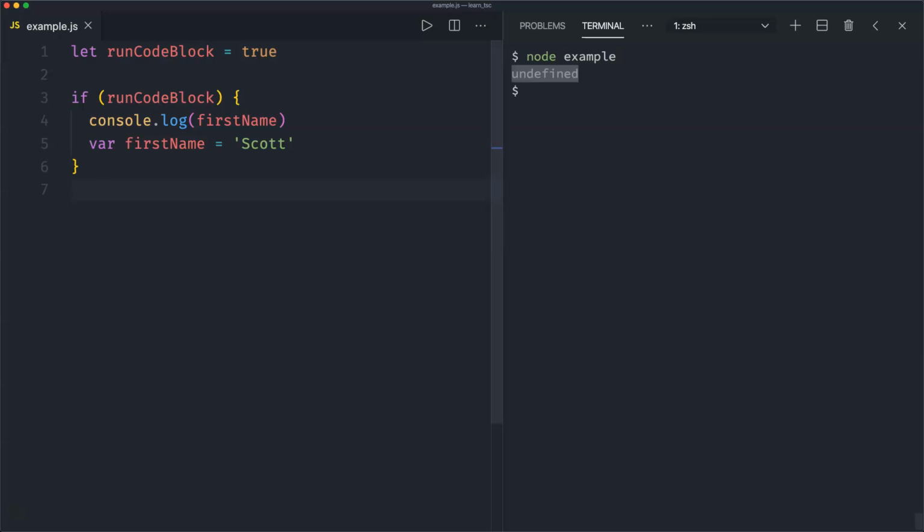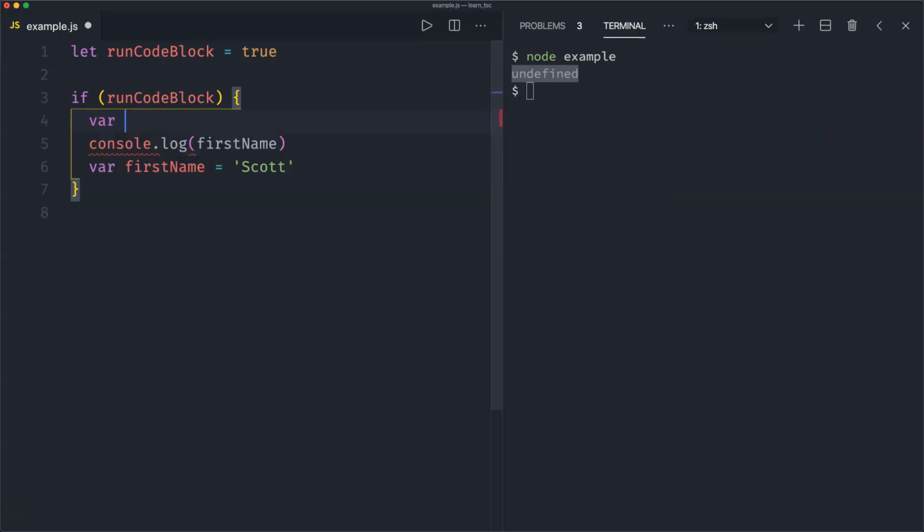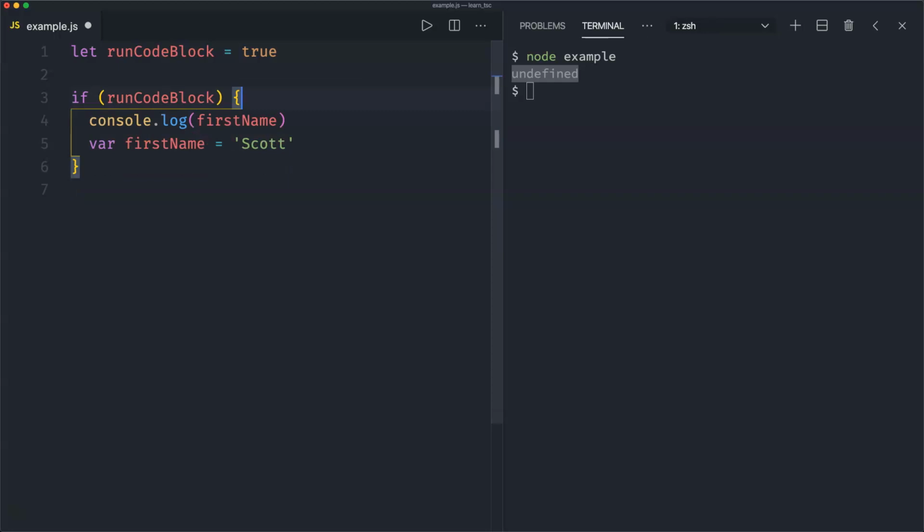The reason why is because var variables are hoisted to the top of their scope before execution. So what happens behind the scenes is JavaScript will declare it and set it initially to undefined. If we change our example, instead of using a var keyword, we use a const or let keyword,